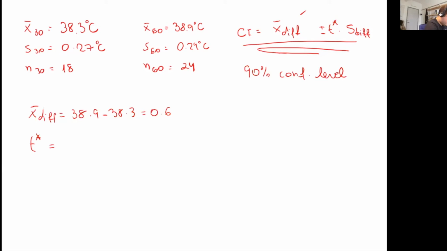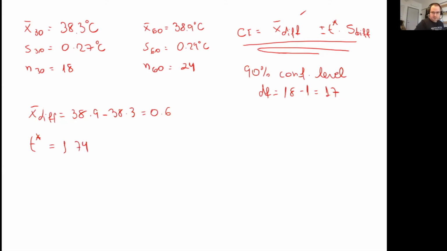So let's think about this. My degrees of freedom is the minimum sample size, so 18 minus 1. So my degrees of freedom are 17. So I'm going to put it here, 17. Now I have basically a significance level of 5% and 17 degrees of freedom. Then I calculate the T and the T star, and the T star is actually